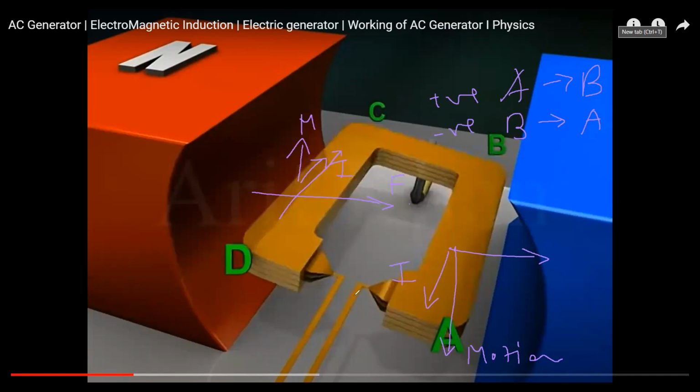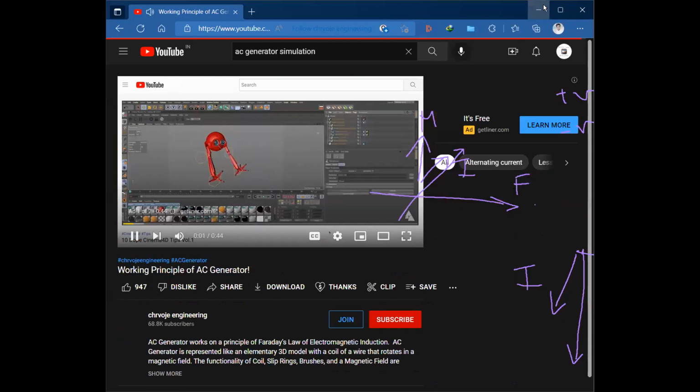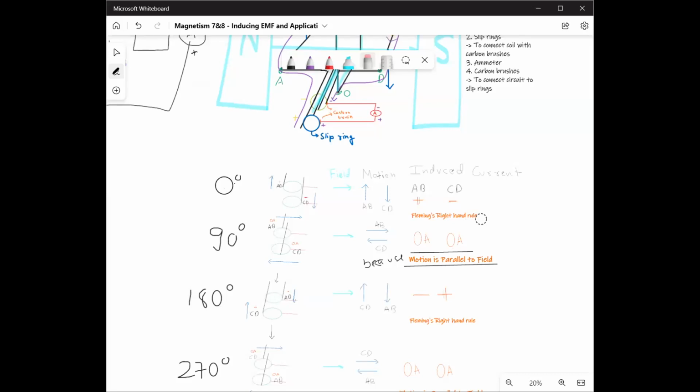Yes, sir. Okay, fine. Now let's go back to the whiteboard. Can you see the whiteboard? Just a second. Can you see the whiteboard on the screen? Not yet. Just a second. Now can you see it? Yes, sir. If you can see this,